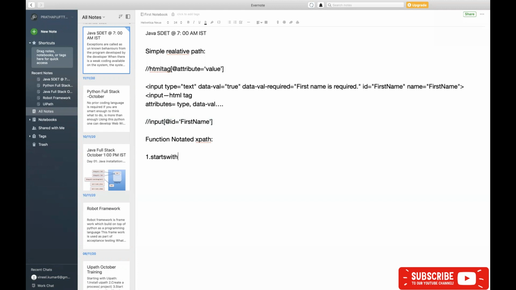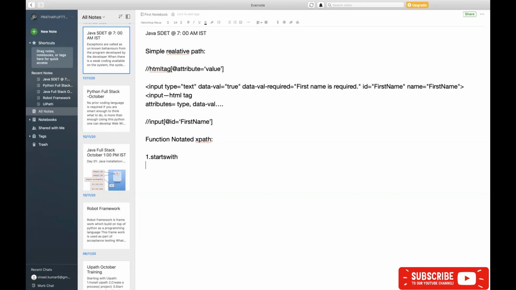Remember that we are using XPath 1.0. All the browsers are going to support XPath 1.0 only. So we don't have any method called ends-with in XPath. Ends-with is not a method that is available to write in XPath element identification. So please ignore the method called ends-with. Now let us see starts-with.